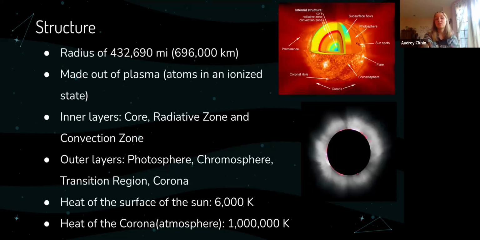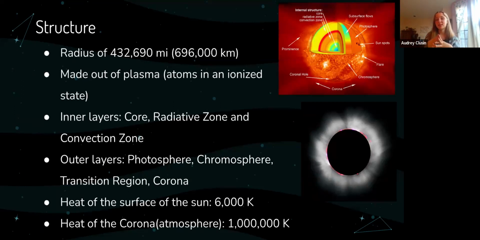So the structure of the sun is really complex. It's almost 500,000 miles, or almost 700,000 kilometers, in radius. So just this little part here is that much. If all the way across, it would be a million miles basically, which, wow. And because the sun is so big, the force of gravity puts a lot of pressure on the inside part of the sun, and that makes it really hot.